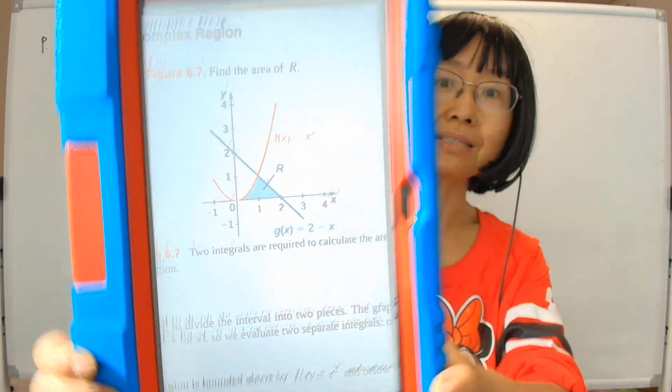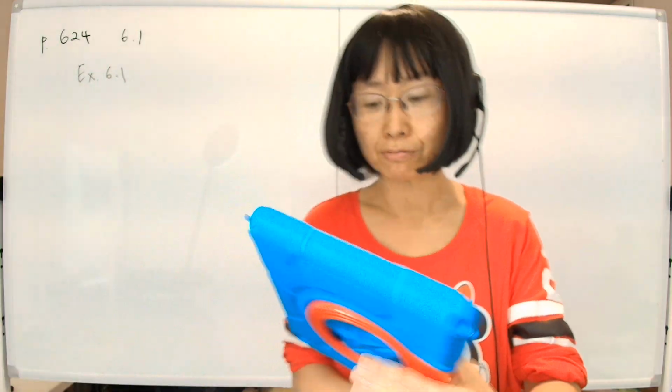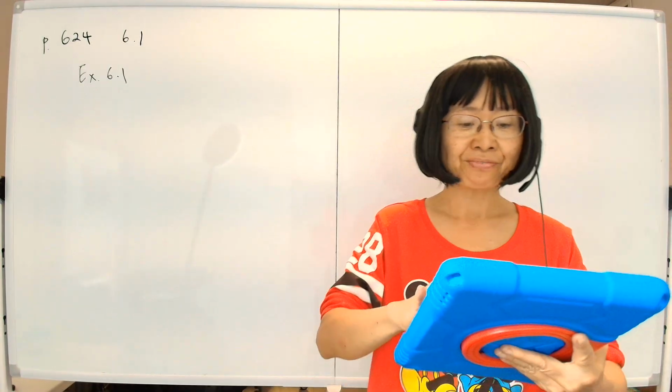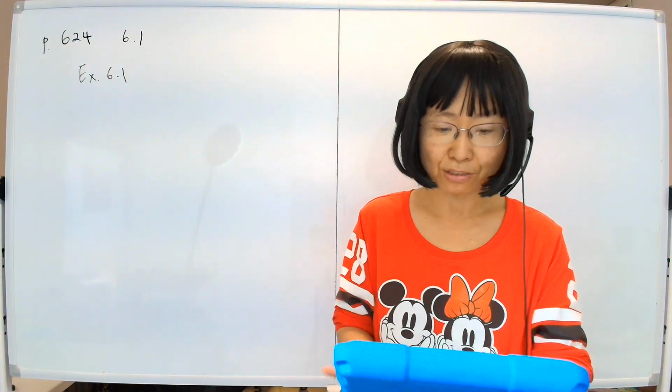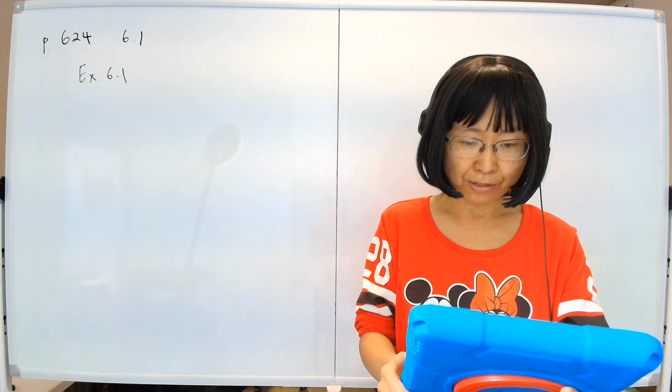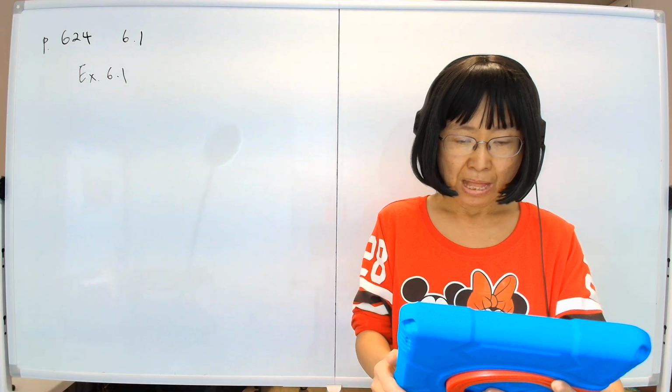Yeah, that's 2 minus x. So you just slice the area into two chunks, and then calculate each one. So please do example 6.4. And then one